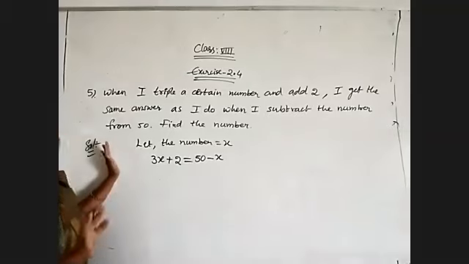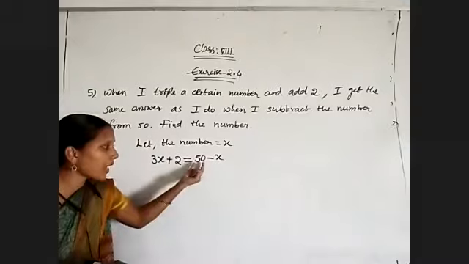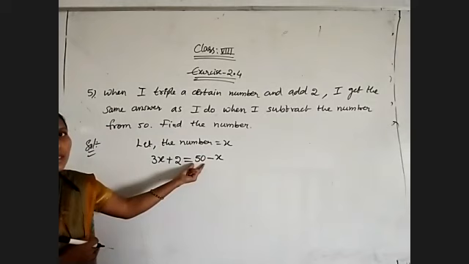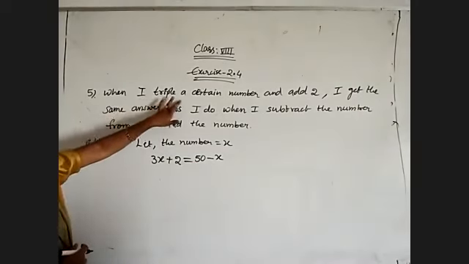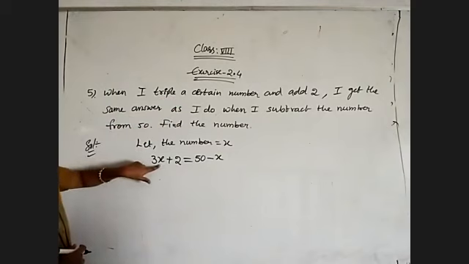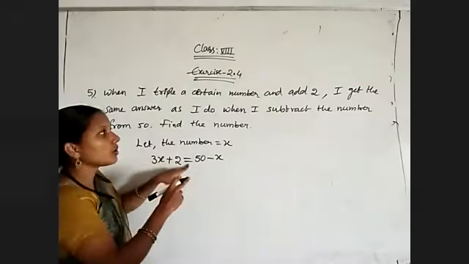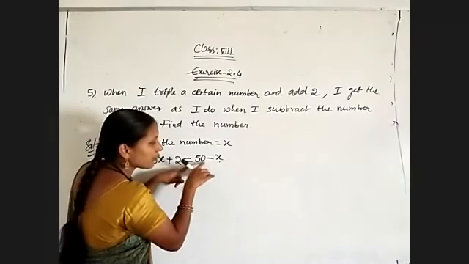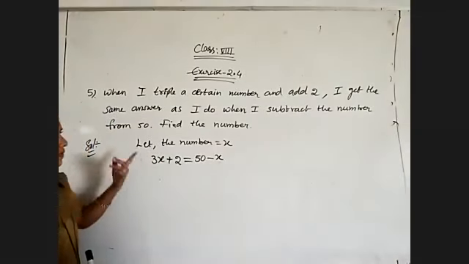Okay, once again observe carefully. You should not write x minus 50. 50 minus x. X is subtracted from 50. Whenever we are given "from", that one will be the first. So from 50 given means 50 minus x. Remember, when I triple a certain number it is 3x, and add 2, that is plus 2, is the same as, that means is equal to, I subtract the number from 50. Now simplify this, find the number.